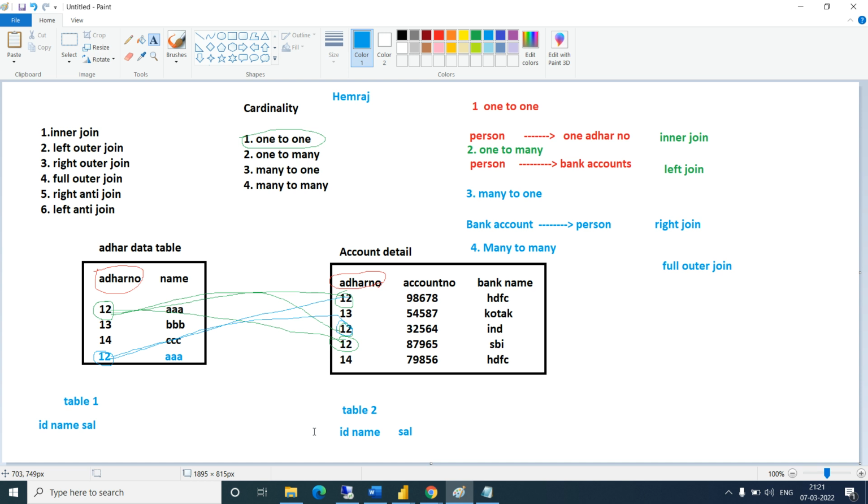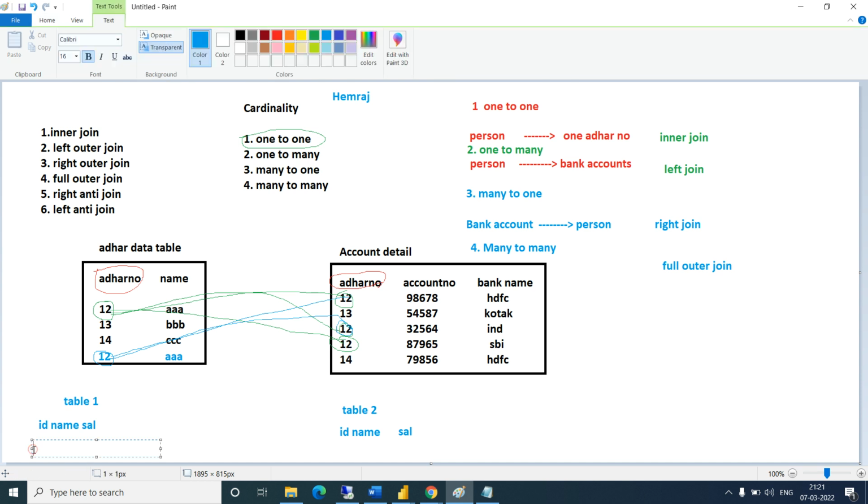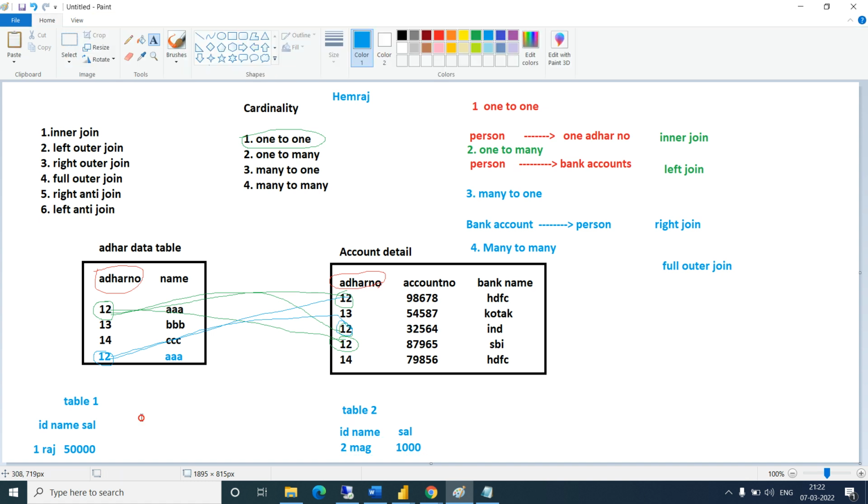Now what is the appending? Let's say I have a record with ID 1, Raj, and salary 50,000. Here also ID 2, Mac, and salary 1,000. When you do the appending, what will be the result?